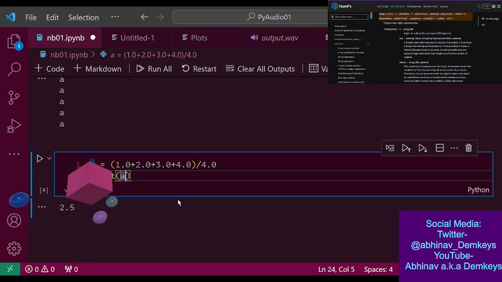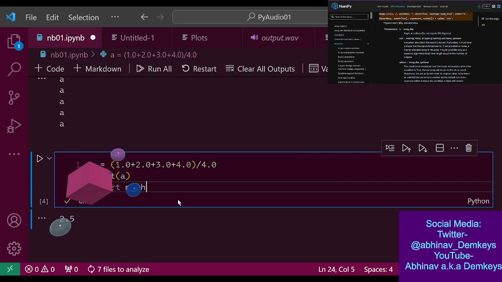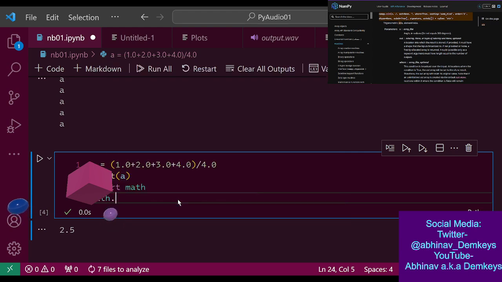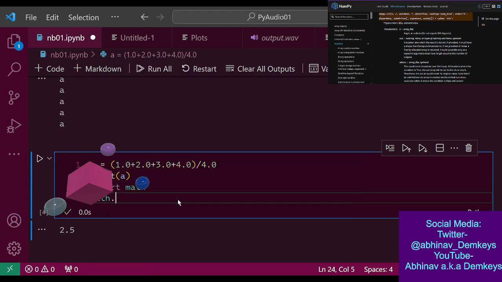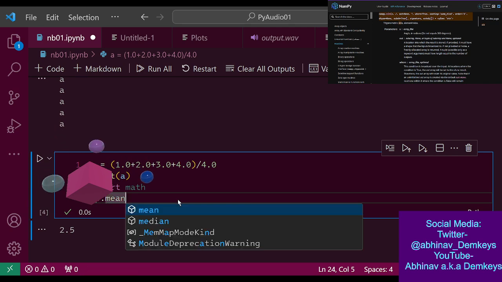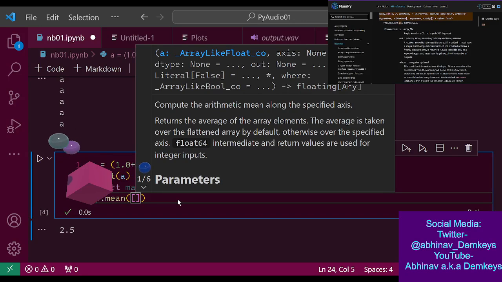Does the math module have an average? I think NumPy has mean though. Yeah, NumPy has average as well, which gives you the opportunity to get different types of averages.